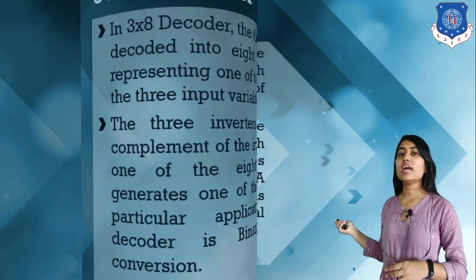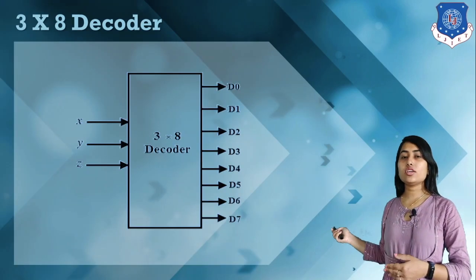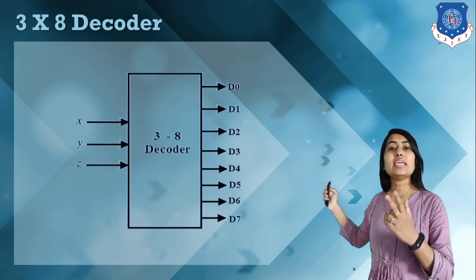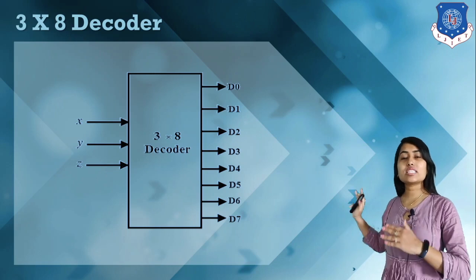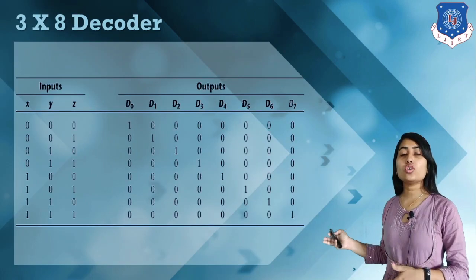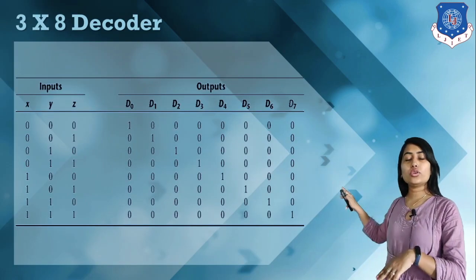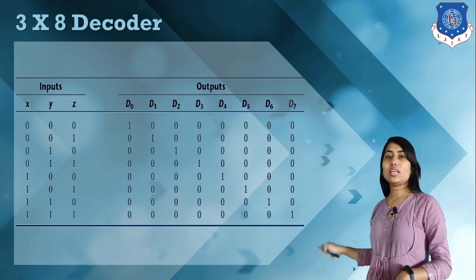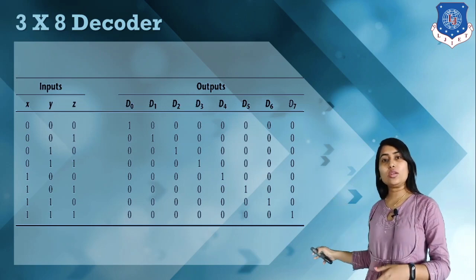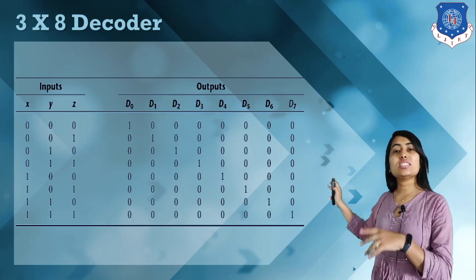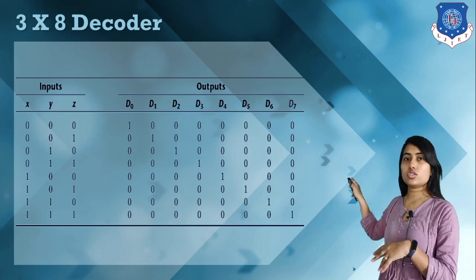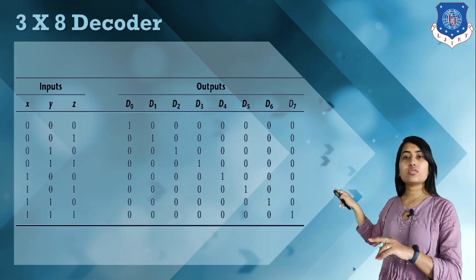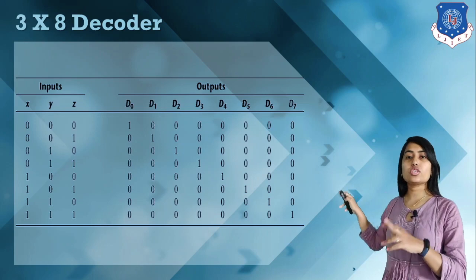Okay, so here we have a basic block diagram of a 3x8 decoder. We have 3 input conditions A, B, C, and according to that we have a total of 8 possible output lines Y0 to Y7. Here we have a truth table for this 3x8 decoder. So we have A, B, C, 3 input conditions. For 3 input conditions we have a total of 8 possible combinations. So we write all the 8 possible combinations. So when A, B, C is 0, 0, 0, we have Y0 equal to 1. All others are 0. Then for 0, 0, 1 Y1 is equal to 1. For 0, 1, 0 Y2 is equal to 1, and so on.